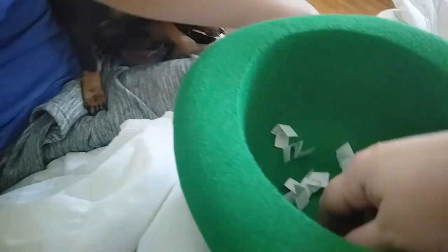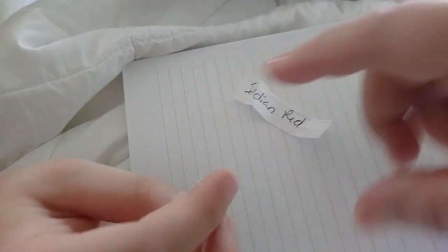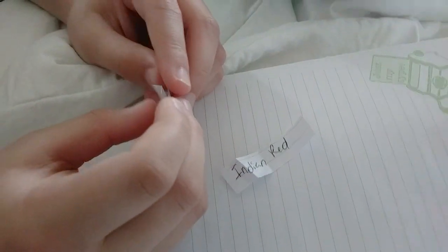Okay, so there's one. Okay, so what do we have here? Okay, we have Indian red